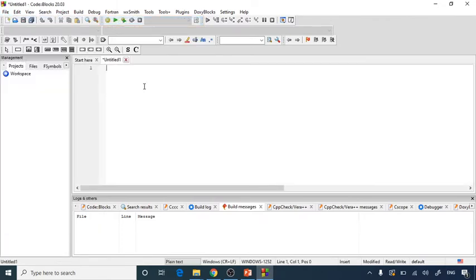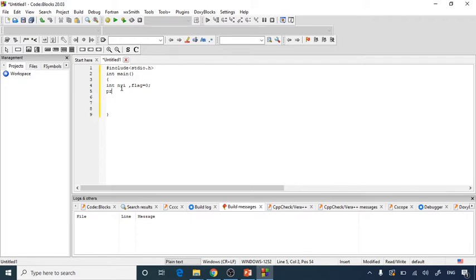Now let's start writing our program to check whether the number is a prime number or not by using nested if-else. We will start with our header file, #include <stdio.h>, and then I'll start with the int main function as always. Now I will declare three things: integer n, i, and I'll declare one flag and initialize the flag with 0. So my initial value of the flag is 0.